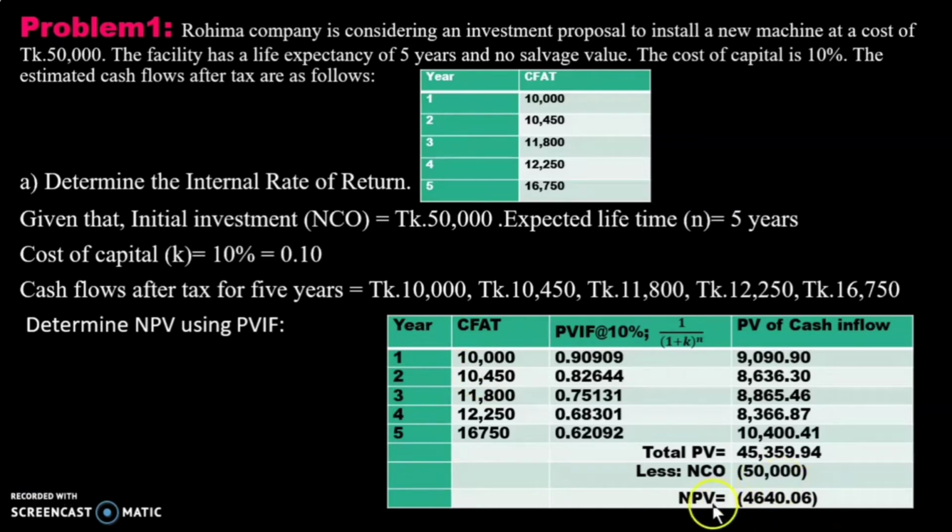Now we found the negative NPV and we also calculate positive NPV. At the discount rate of 10%, NPV is negative